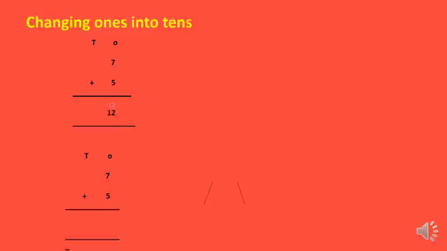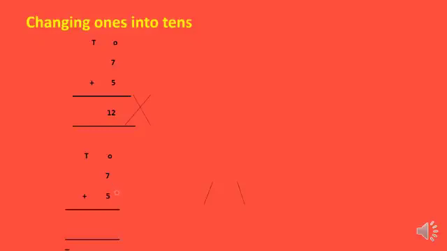Do I write 12 here, children? No, this is not the correct way. Okay, children, these digits, they do not like to share their place. Each digit likes to stay alone. It is not possible for two digits to stay in one place. Did you understand, children? So what do we have to do now?